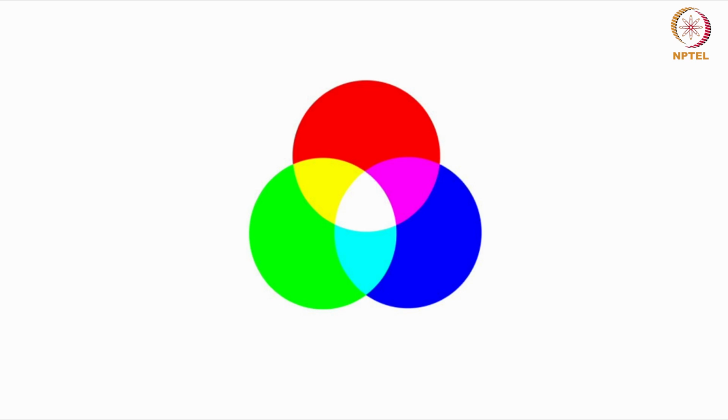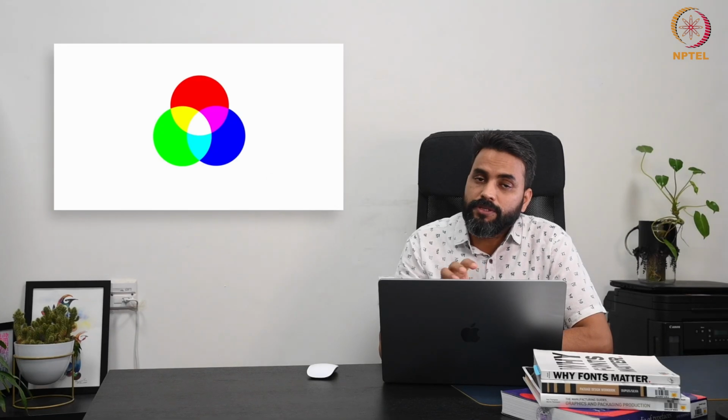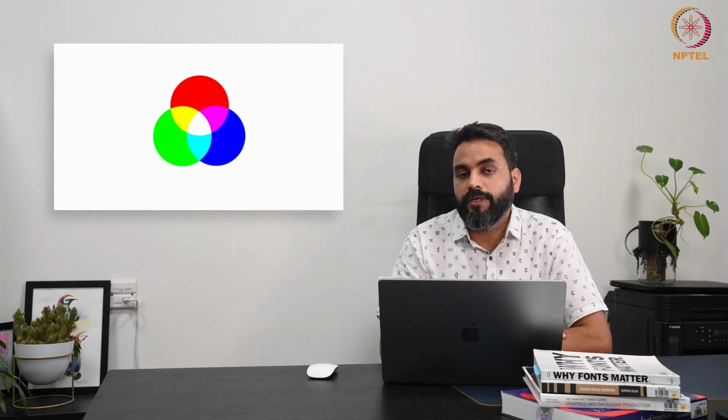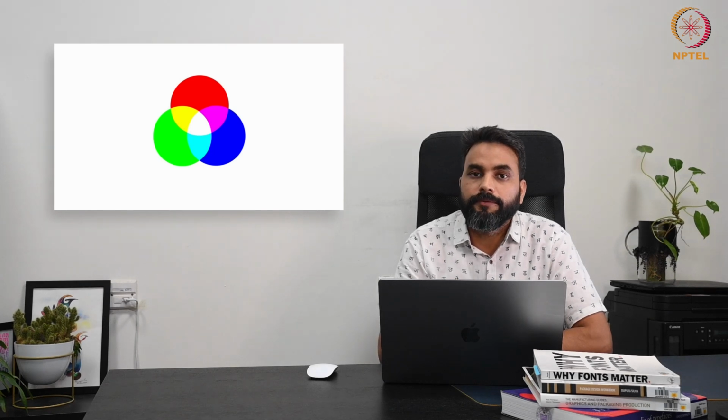So this is very different than CMYK, where the colors combine and create a different kind of secondary color. If you are looking at this image, now these colors are combining and producing, for example, green and red combine to produce yellow, red and blue combine to produce magenta, and then green and blue combine and create cyan. Which is quite opposite to the CMYK concept.